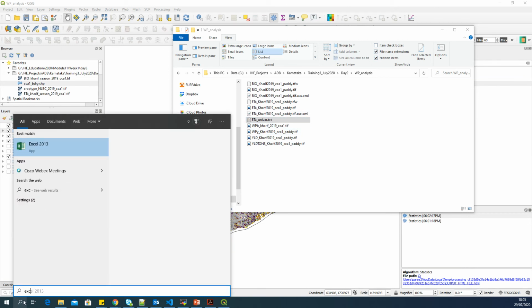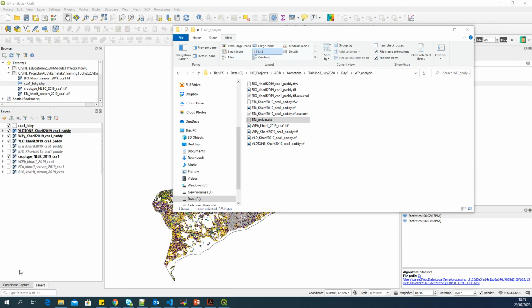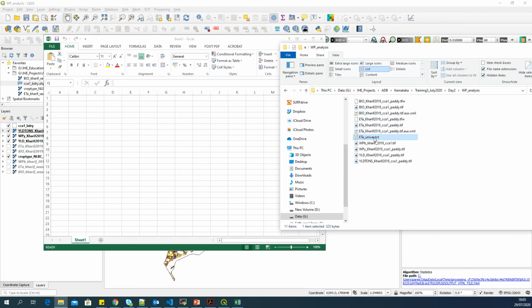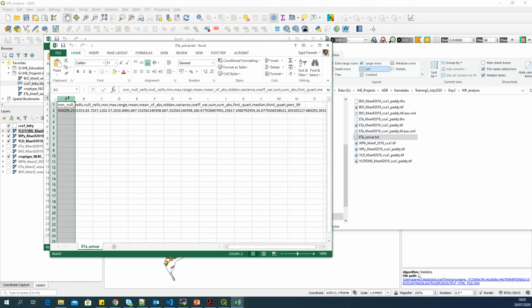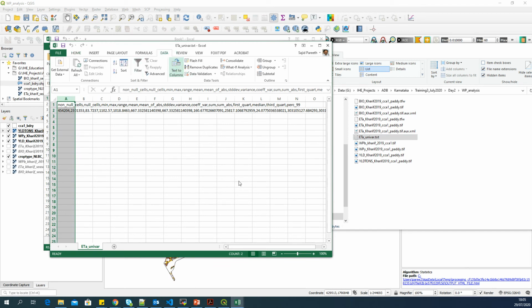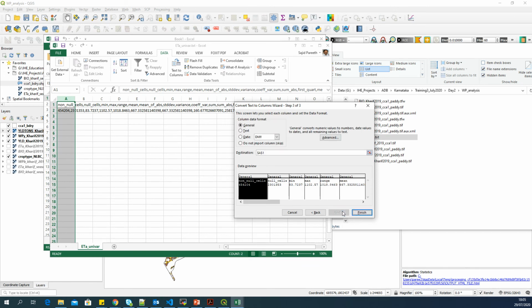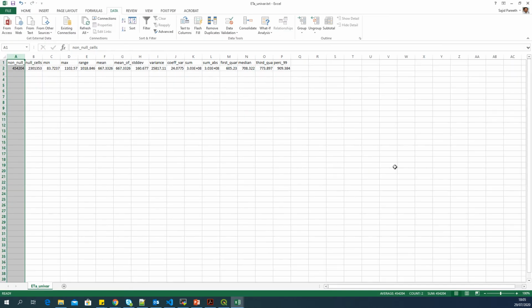I think that will be more readable. So there's a blank Excel file. Just drag and drop the text file here. It is a comma separated text file. So I will select the first column, go to data, text to columns, delimited. It is comma, finish. So you can see that r.univar gave a lot of statistics like minimum, maximum, range, mean,